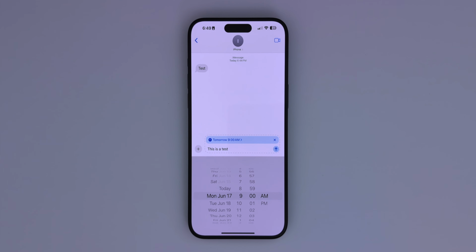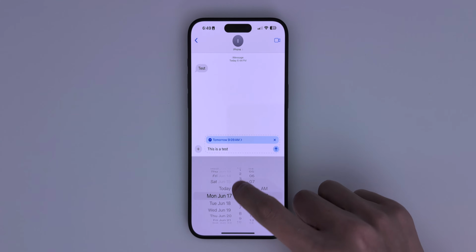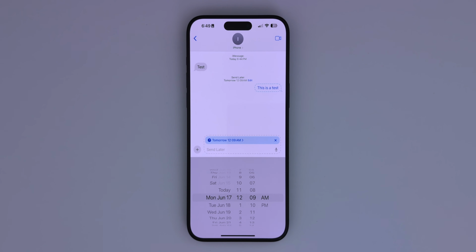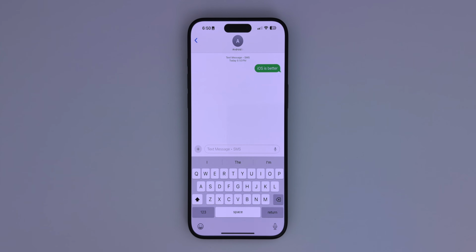Now tap the time, and you can choose a day within 14 days. The clock also moves depending on the time. When you send it, the message appears as an outline, and it'll deliver at the exact day and time. Also, RCS support is coming to messages. Perfect for those green bubble people.